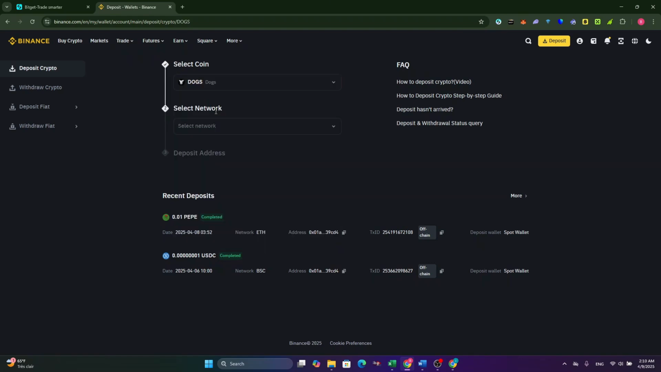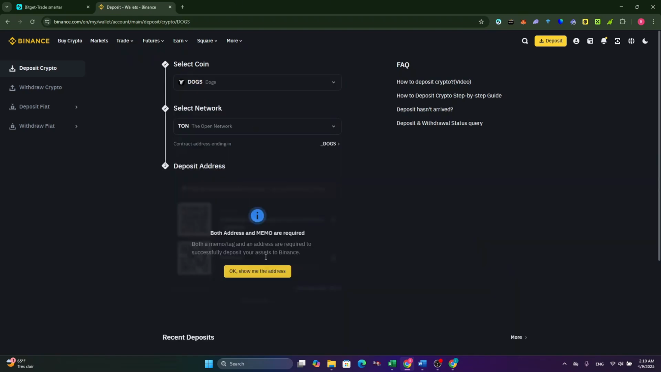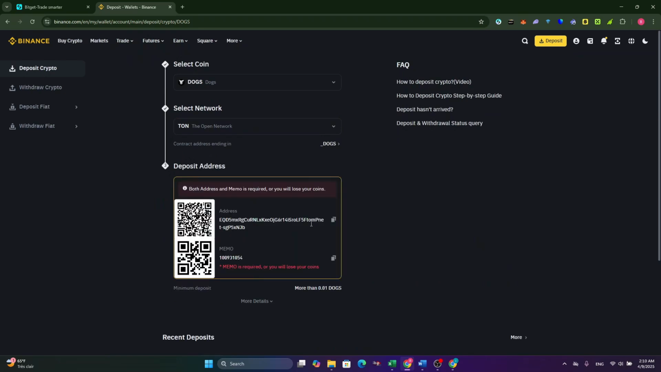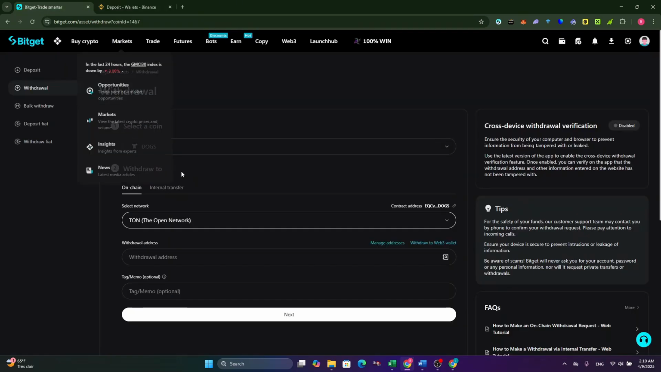So after you find it, now click on it. Now select the network as TON. Now here, click on OK, show me the address. Now you need to copy the address first, and now go back to Bitget and you can paste it here